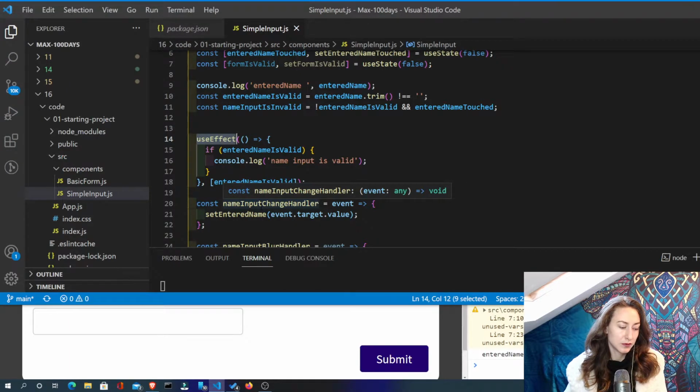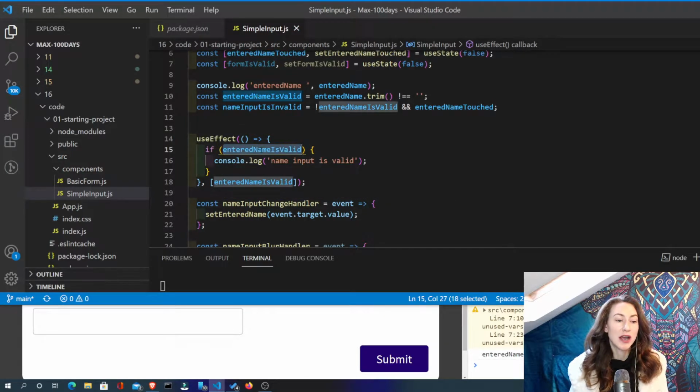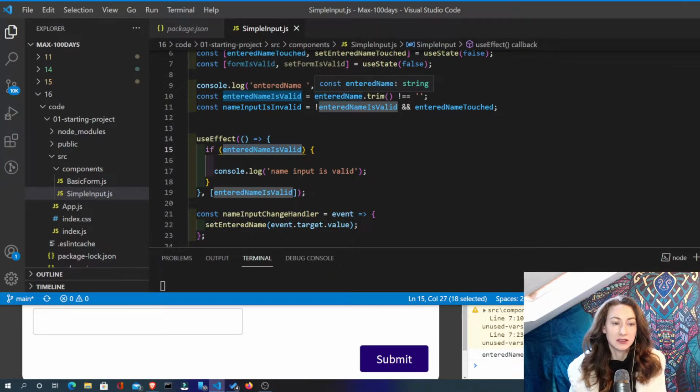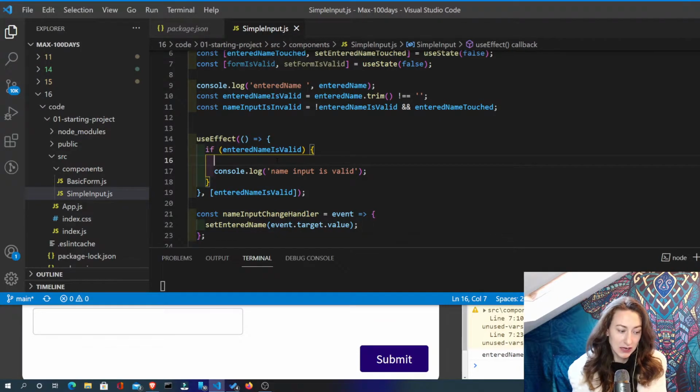Okay, cool. So what we're going to do now in this useEffect is check if the different things are valid. That's what we want to do in the useEffect, and then set formIsValid in the case that it's valid. So what this is saying is if enteredNameIsValid, which is checking that the entered name was not just an empty string, then this will be true. So if this is true, it will come into this if block, and it will set form